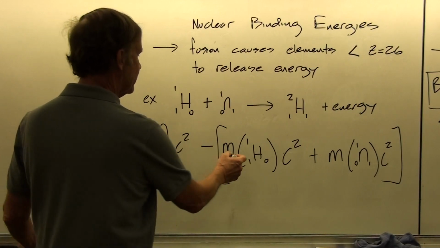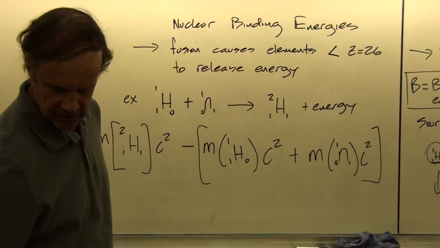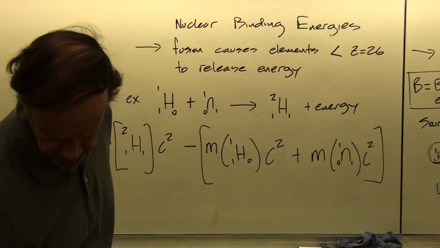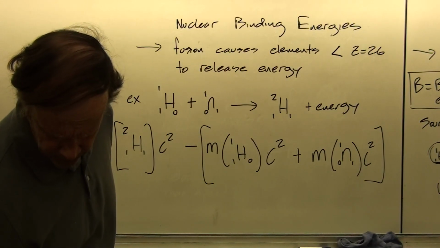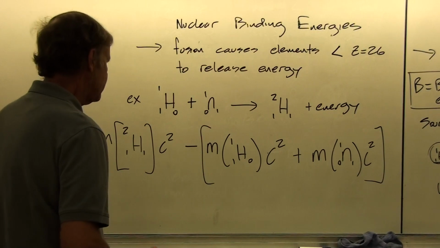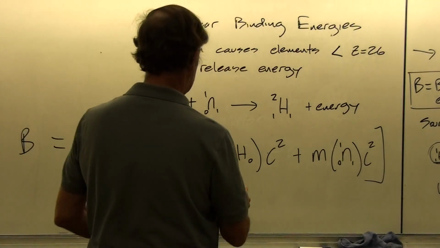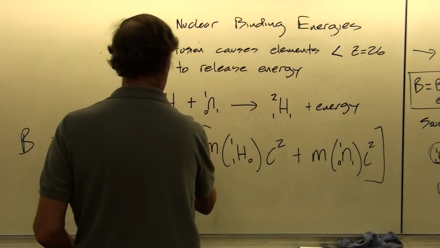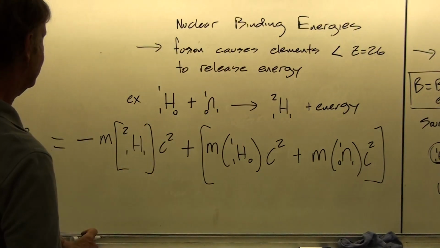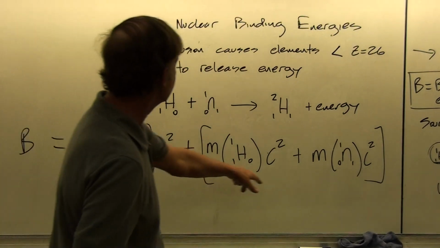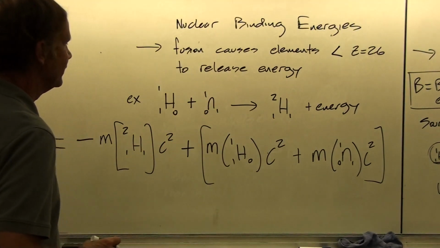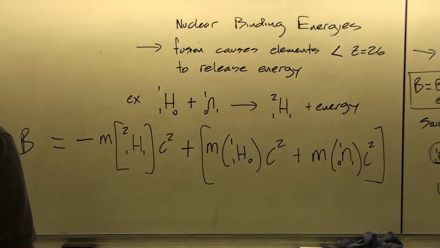Okay. And this is the rest energy of the... let me just see that I've got that the way I want it here. Actually, let's start with this, because this is going to be more massive, and subtract that away from it, like that. That's what I really wanted to do. Because this one is going to be more massive, this one is going to be less massive, and so that'll give rise to a positive number here.